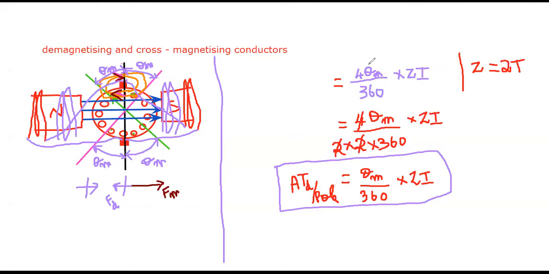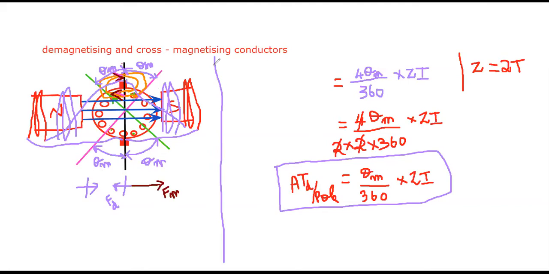So again, I will tell how this formula is arrived at. Due to the shift of the GN axis, it is going to shift with a mechanical angle when the load varies, in either direction. So this is one theta m, this is the second theta m, this is the third theta m, and this is the fourth theta m. So totally 4 theta m is available in an angle of 360 degrees of the armature, because the armature is in the form of a circle, so it has 360 degrees.